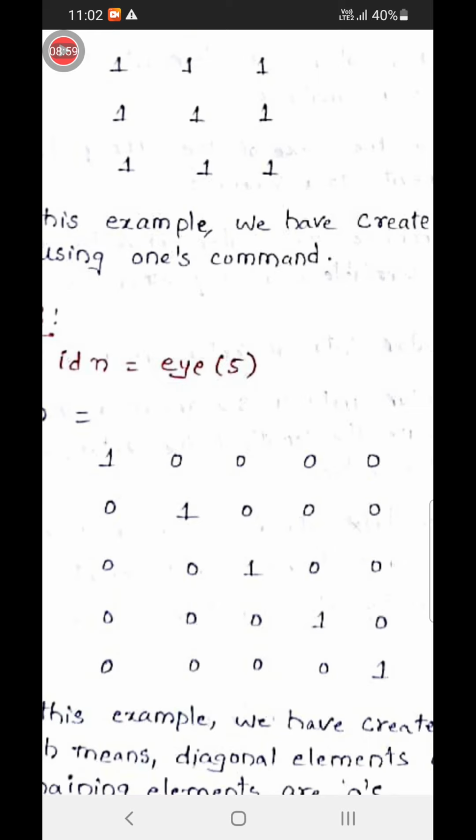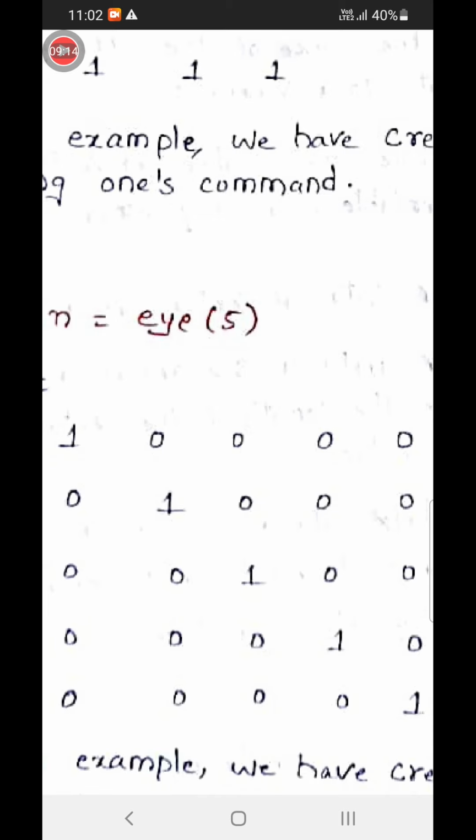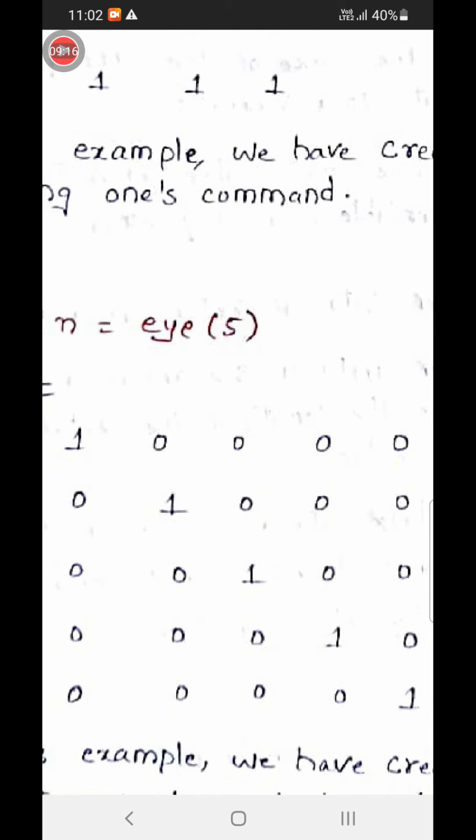In the second row, the second element is 1, the rest are 0. In the third row, the third element is 1, the rest are 0. In the fourth row, the fourth element is 1, the rest are 0. In the fifth row, the fifth element is 1, the rest are 0. So you can see the diagonal elements are ones and the rest of the elements are zeros.